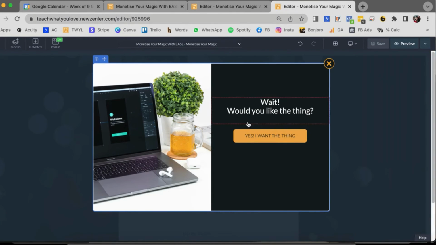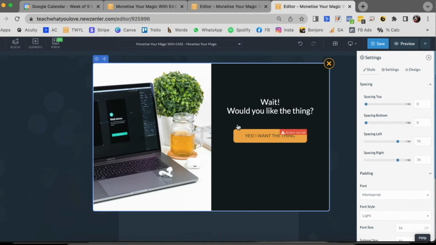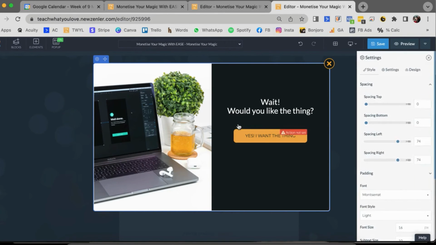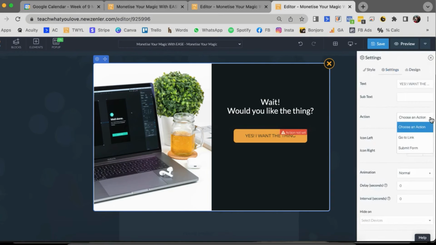I've taken the form off and added a button, and this button I can link to anywhere. I would suggest that this links to the checkout page for your product or your course or your bundle, whatever it is that you're actually offering them at this stage. This checkout doesn't have to be in New Zenler. You can keep it all in the one place, or because you're basically setting this as a link, it could be the checkout in New Zenler, it could be a product link within Stripe,